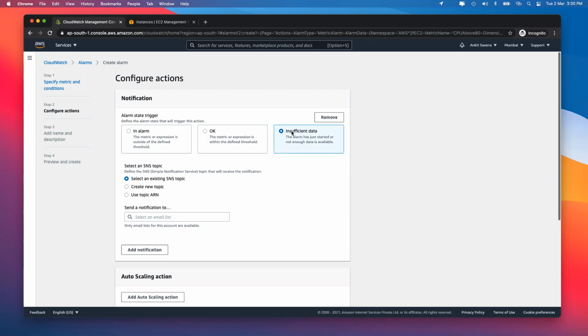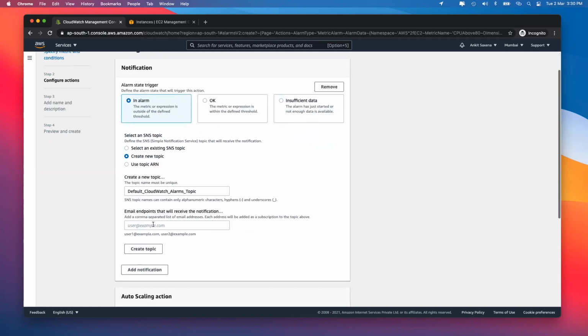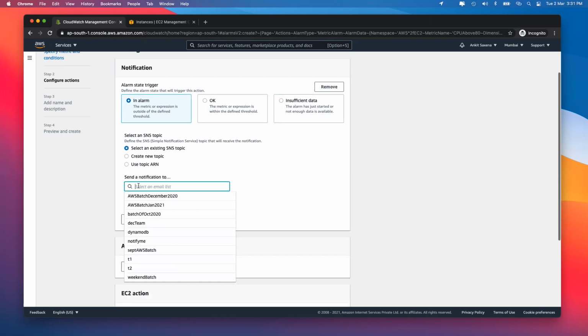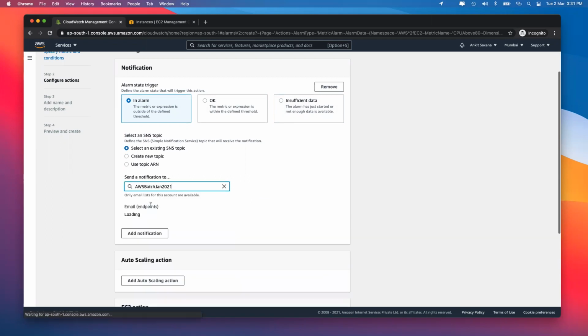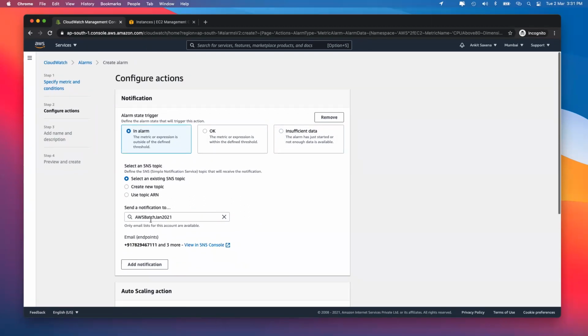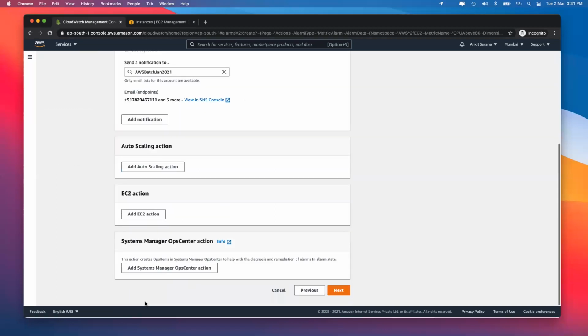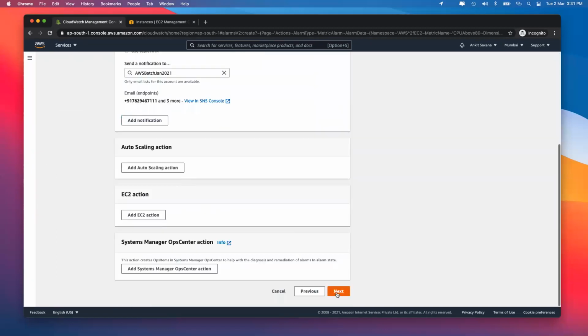That is also what we are going to see right now. So right now I'm just creating an alarm for more than 10%, which is in alarm. And in case I want, I might also want to send a notification. For that, I can either select an existing topic or I can create a new topic, in which case I will have to give the email IDs on whatever mail IDs I want to create the alarm. So right now I'm just selecting an existing topic ARN, and I'm creating it on this particular number over here. So let's go back over here, and if I want, I'll click on next over here